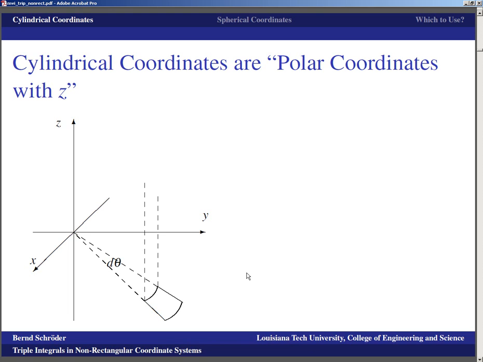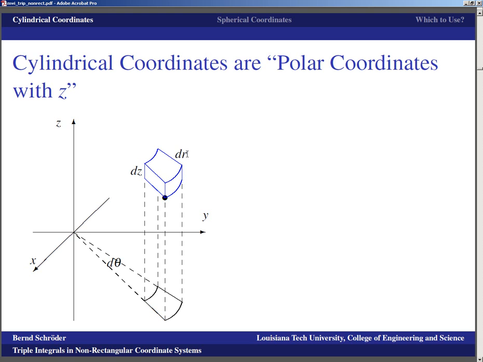And then, because of the z, of course, a volume element in cylindrical coordinates would be standing in space, and basically you would be at a point like this one here, and then you would have a little volume element that looks like this, where the vertical thickness is dz,